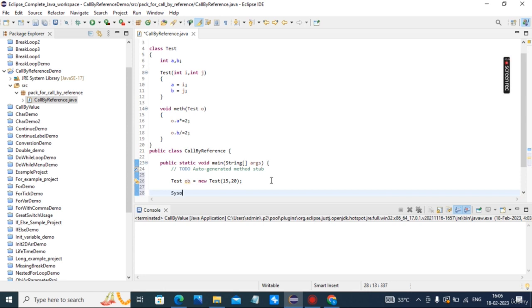Now print o dot a and o dot b before the call.